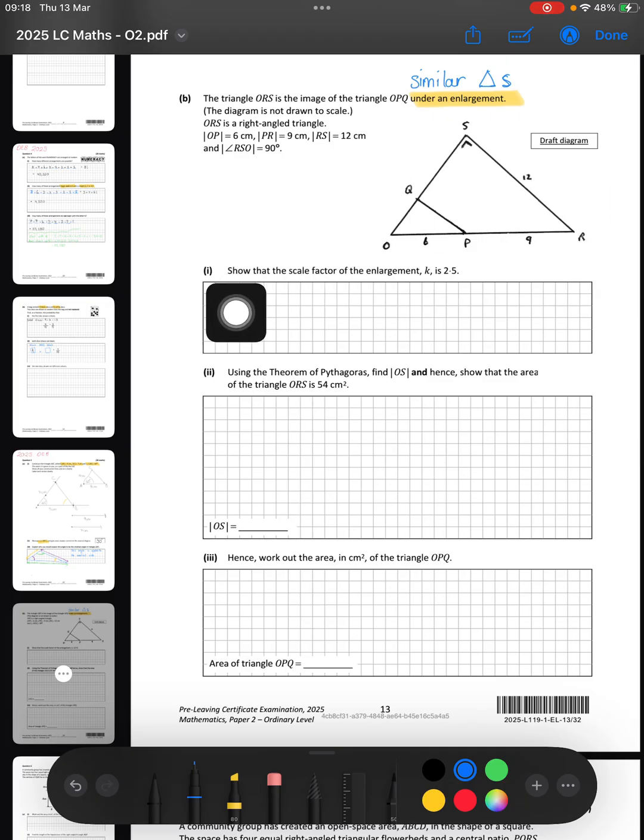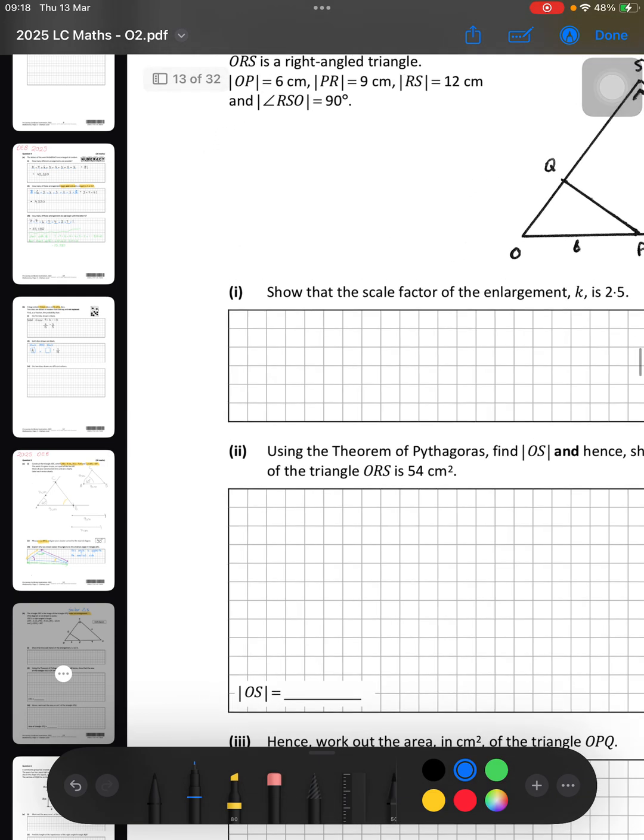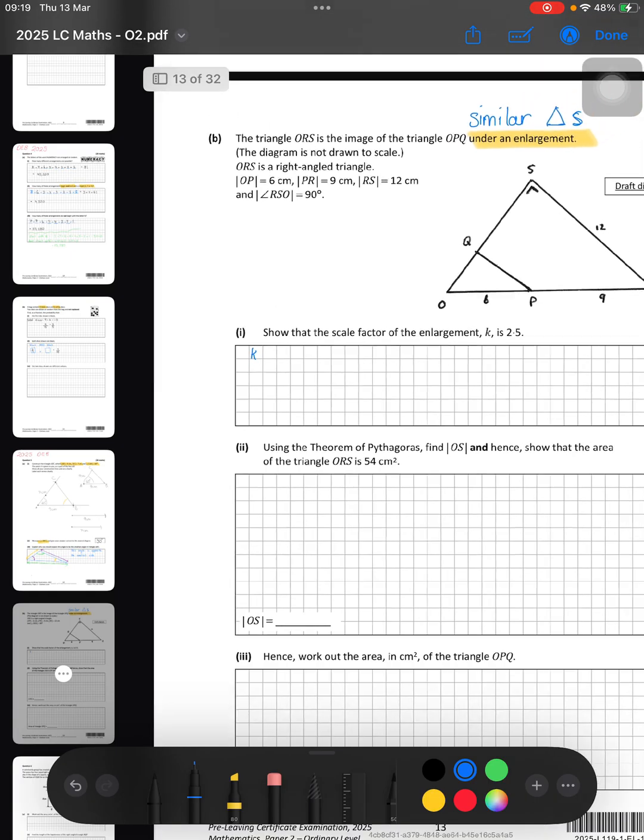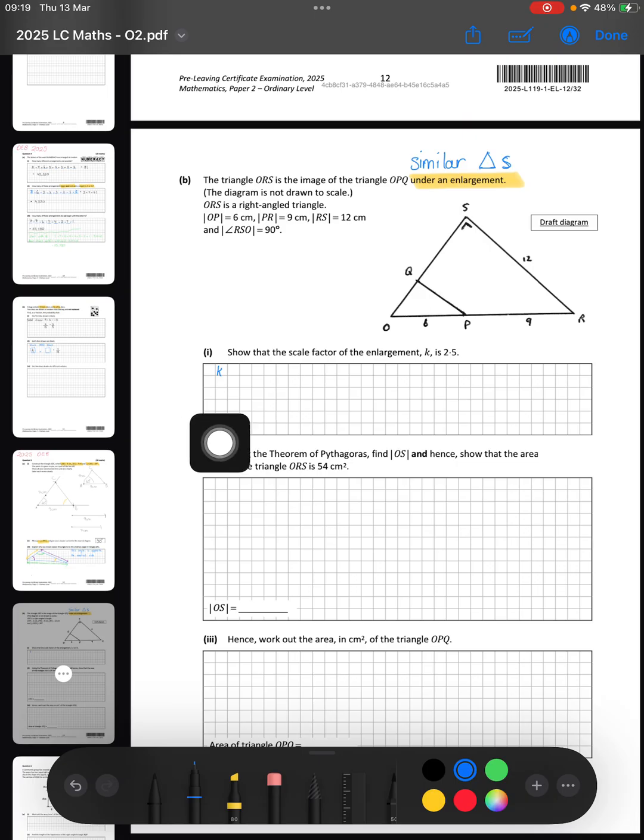So the first thing says, show that the scale factor of the enlargement K is 2.5. Remember what we were looking at when we're looking at scale factors. Scale factor, we always use that letter K, and we have to show that it's 2.5. Now, when it says show, we have to pretend we're not given the answer. Pretend you're not given the fact that it's 2.5 and treat this as if they said find the scale factor of the enlargement. To do that, we have to look at the two triangle sizes that we have